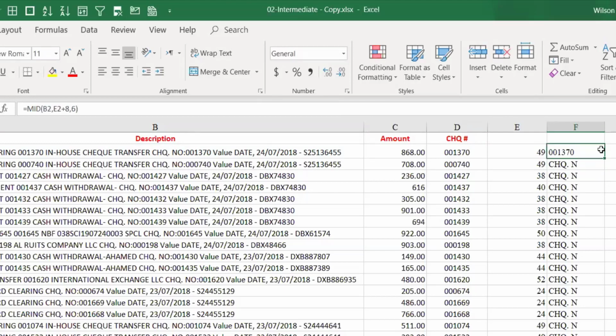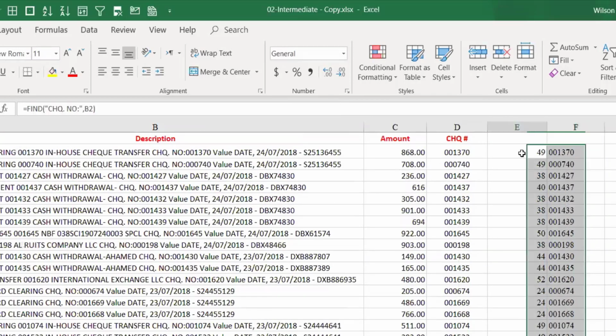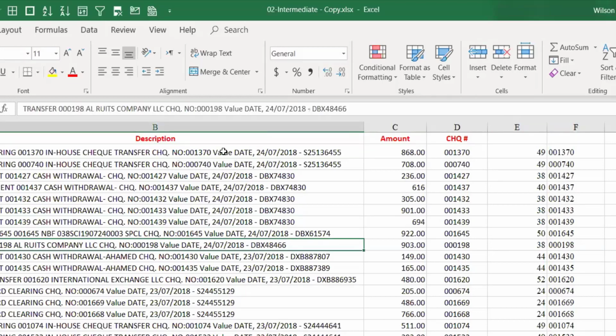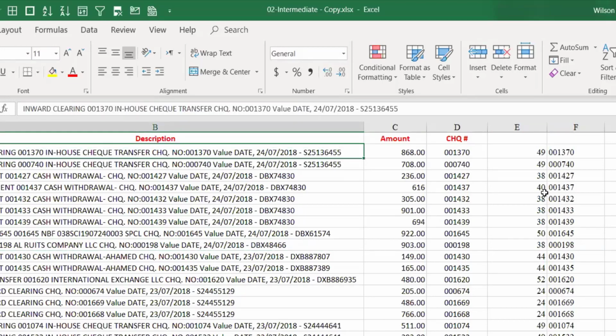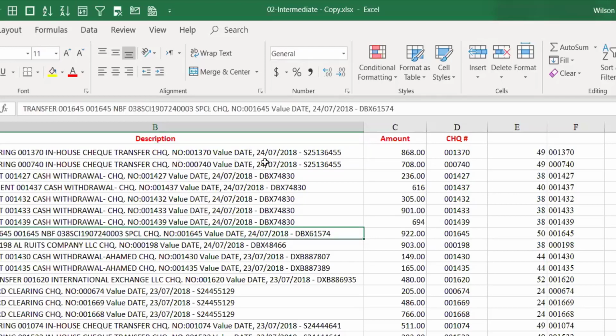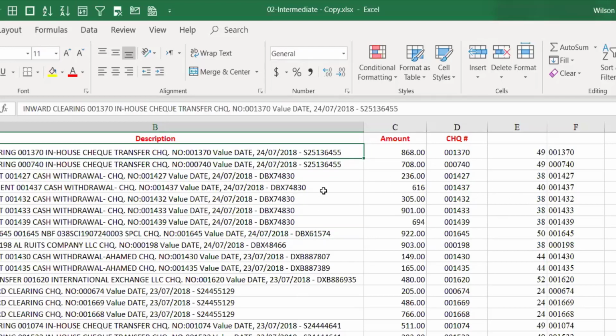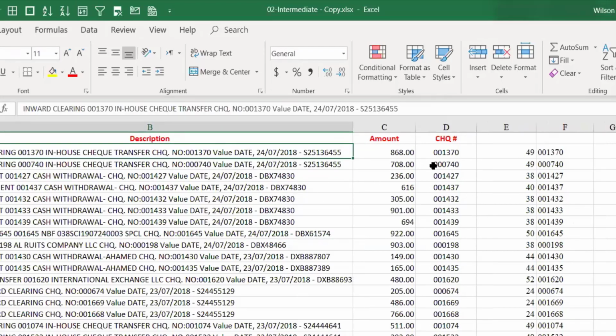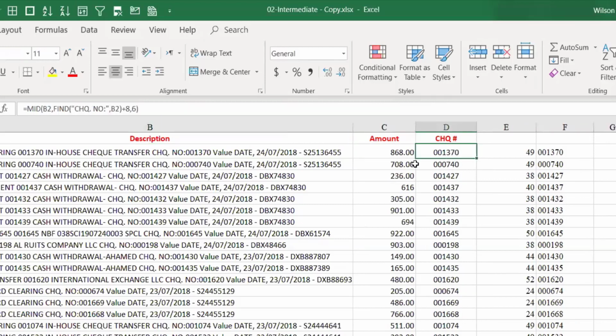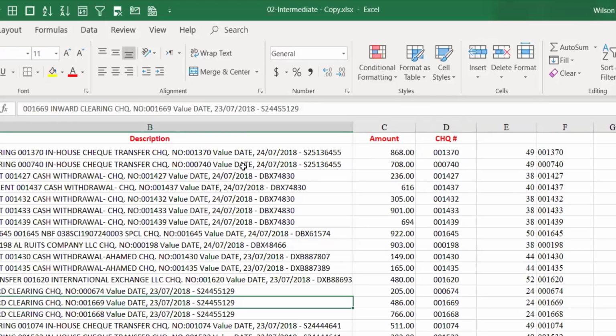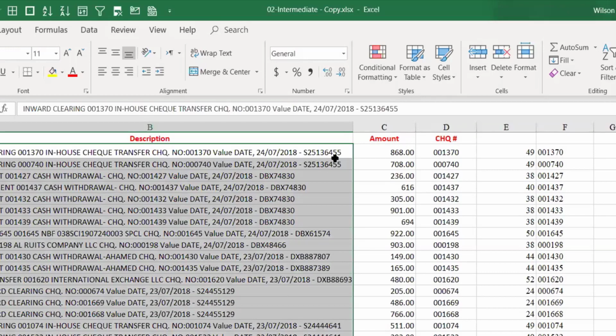Are you following me, or is it tough? See, say your manager asked you to prepare a statement where you want to compare your ledger with the bank ledger. Your ledger may have these check numbers, but the bank ledger did not give you the check number in a separate column. They gave it like a description.